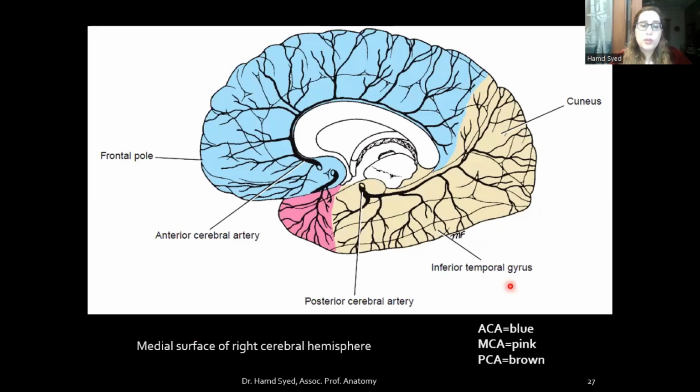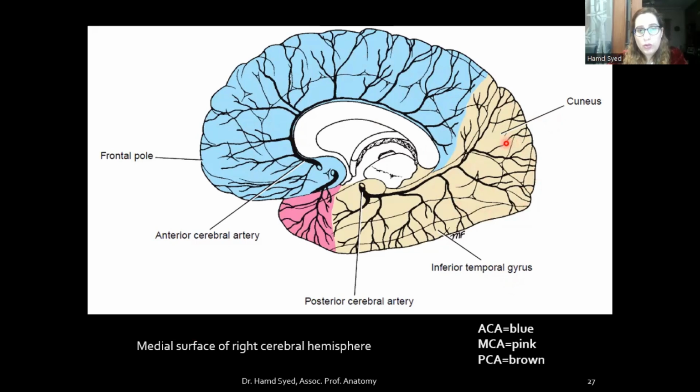So here now we are looking at the cerebral hemisphere, which is the right one, and it is its medial surface. And this is a color-coded diagram, which is showing the areas of supply of the 3 cerebral arteries. So here on the medial surface, you can see this is the area which is blue. It is supplied by the anterior cerebral artery, whereas the medial surface of occipital lobe, that is supplied by the